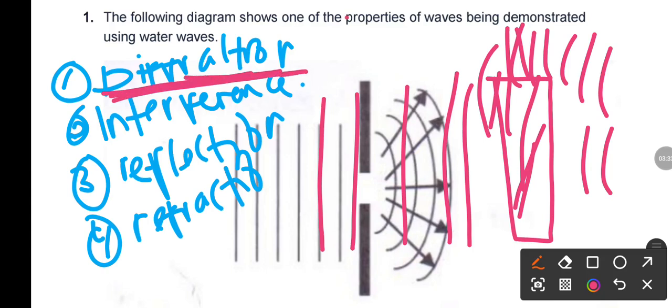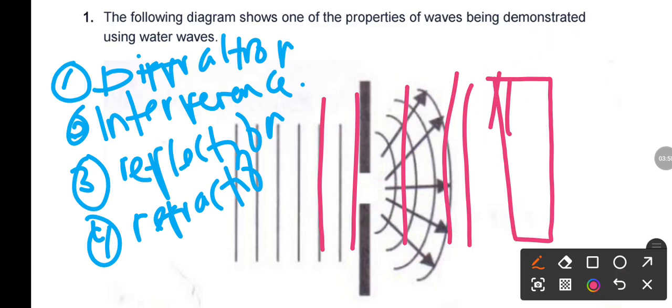So with this, we have immediately answered the first question. The property that is demonstrated is diffraction, because we have that when incident wavefronts pass through this narrow opening, the waves bend, and that bending is what we call diffraction. Okay, let us get to